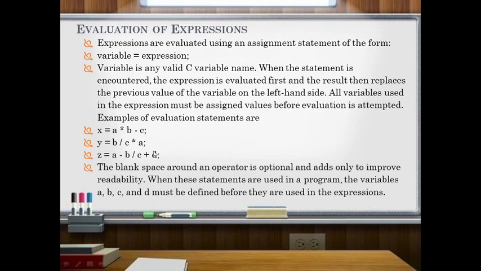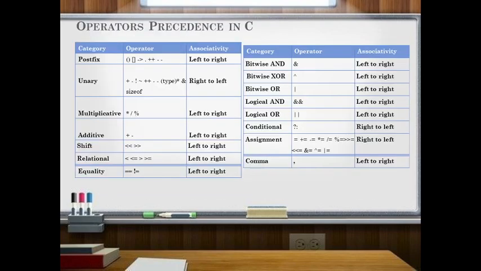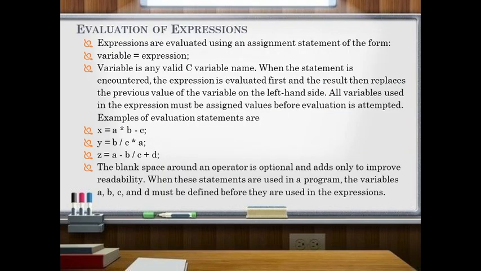Before starting, you have to know what is the advantage of operator precedence. To evaluate an expression, it is essential that you understand this, as shown in this example. We have a into b minus c. Should I first perform a into b or should I perform b minus c? What should I perform first? Similarly here also, which one do I have to perform first? Whether we should perform this and then the result, or else perform this and then the result. Which one has to be performed first?